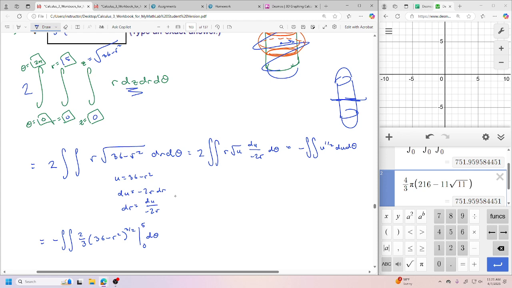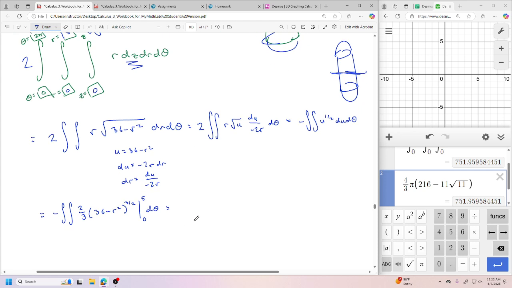d theta. Now, I was stuck at this point. I need a positive answer. And if I plug in the 5, don't I get a negative or something like that? The answer is no, Chad. 36 minus 25 is a positive number. Yeah. Hey, go figure. That's what they got. It's funny how like where I get stuck. I get stuck right here. That's where I got stuck. I was sitting there just staring at it like,